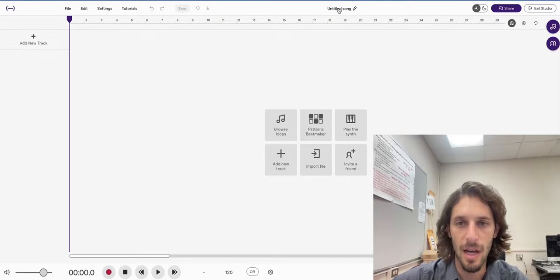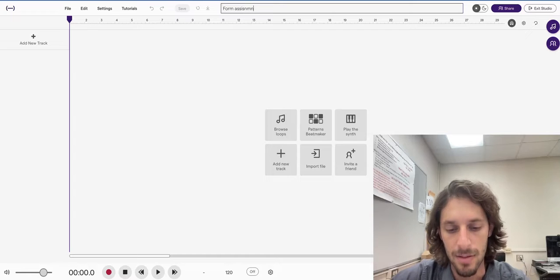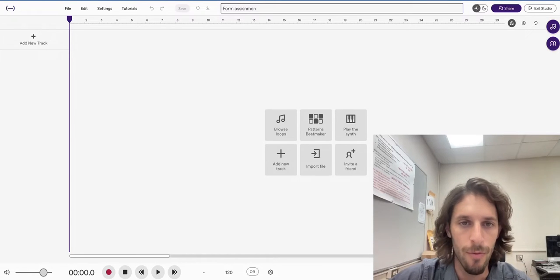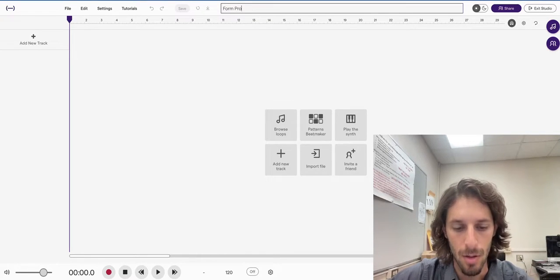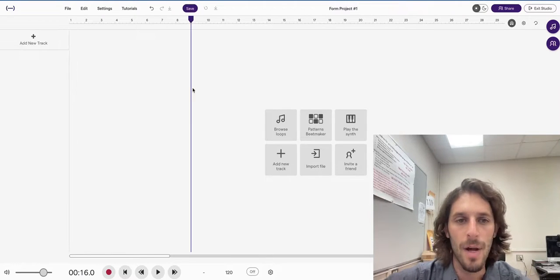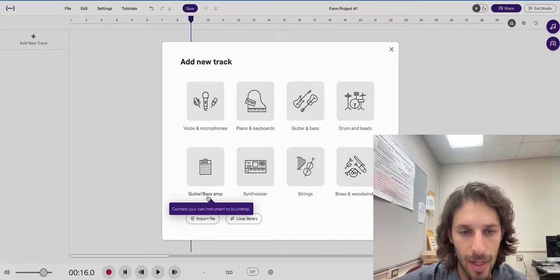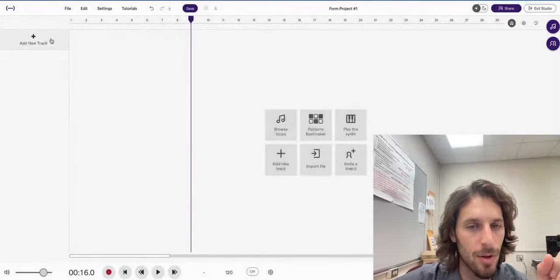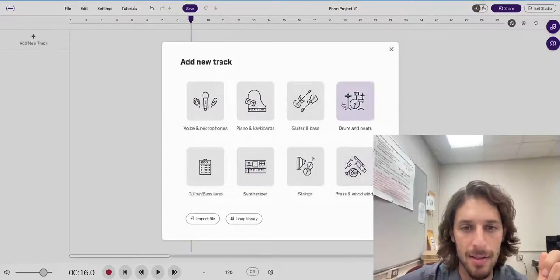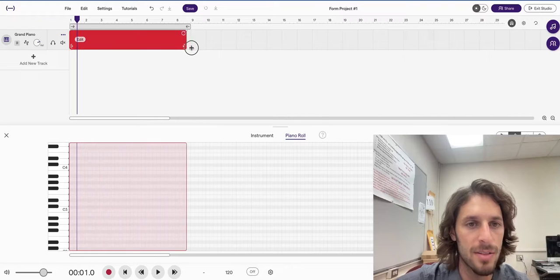Okay, so this is our Soundtrap form assignment, or form project number 1. And what I recommend us doing, and what I will hopefully be able to give you, is a template. So there are 2 different types of tracks. If we open up a piano track, I can make what is called MIDI